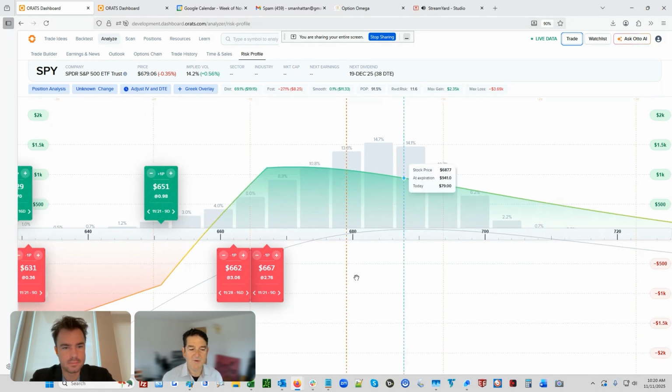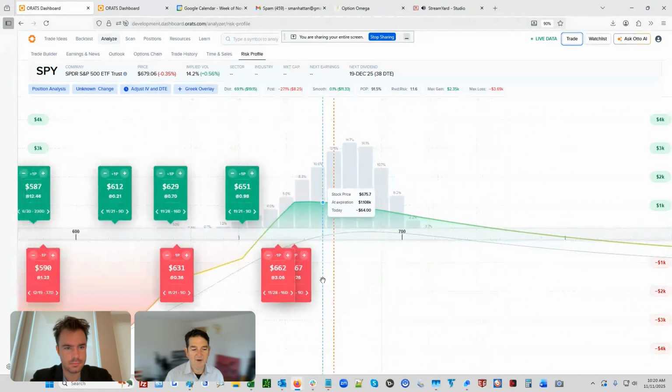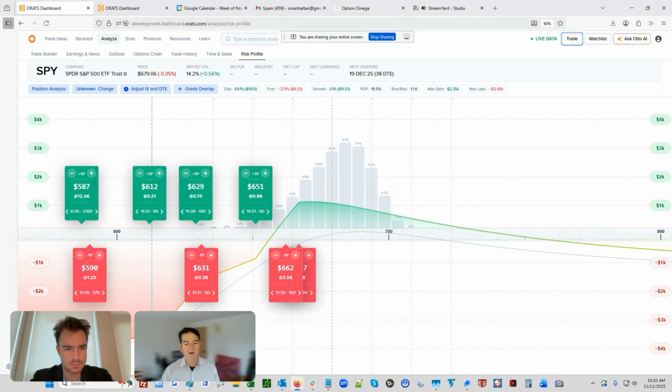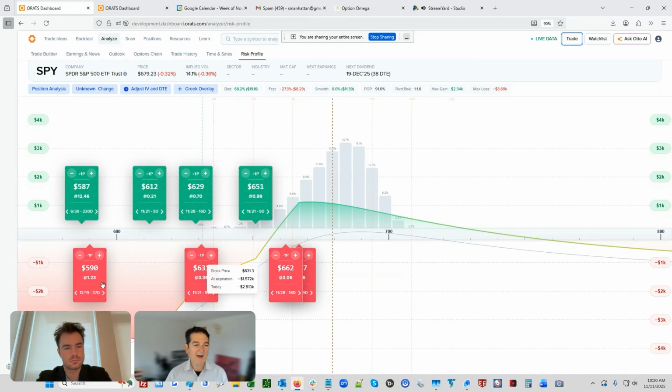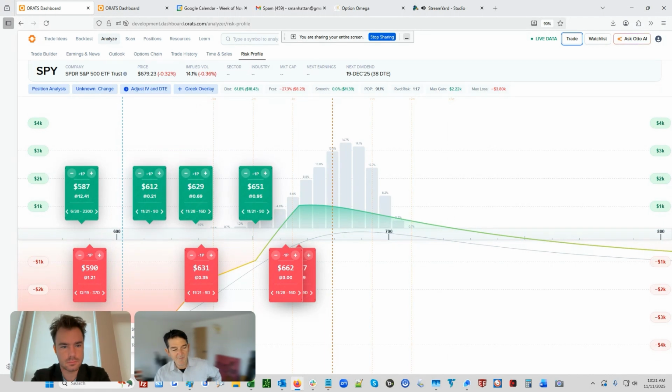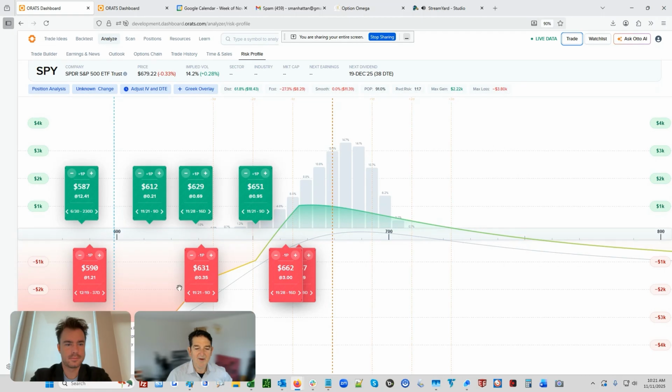Those are the types of things you want to look at when you're looking at your positions. Like, oh shoot, wait, I could lose $3,000 with a big move past the standard deviations. We could see 3 standard deviations at this point right here, but you could see it continues out. So if there was a really big, multiple standard deviation move, we're in a little bit of trouble. Of course, I'm always protected, so it's not unlimited risk. But you could tell I don't want to be screwing around with the stock going down here